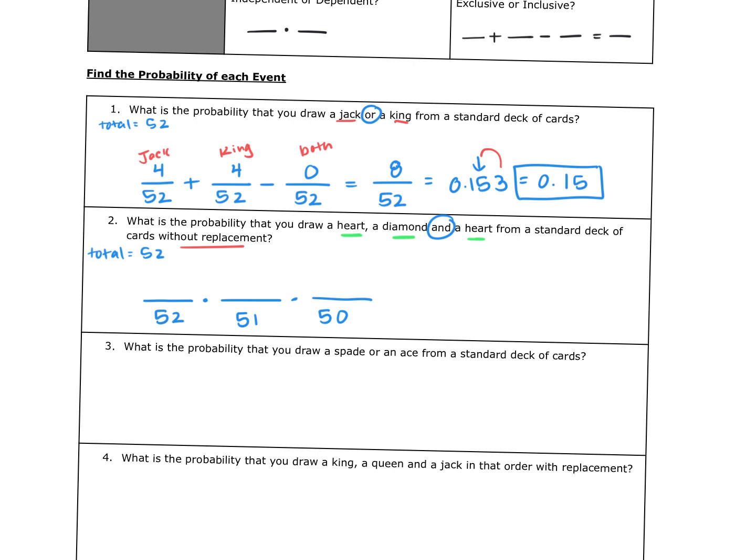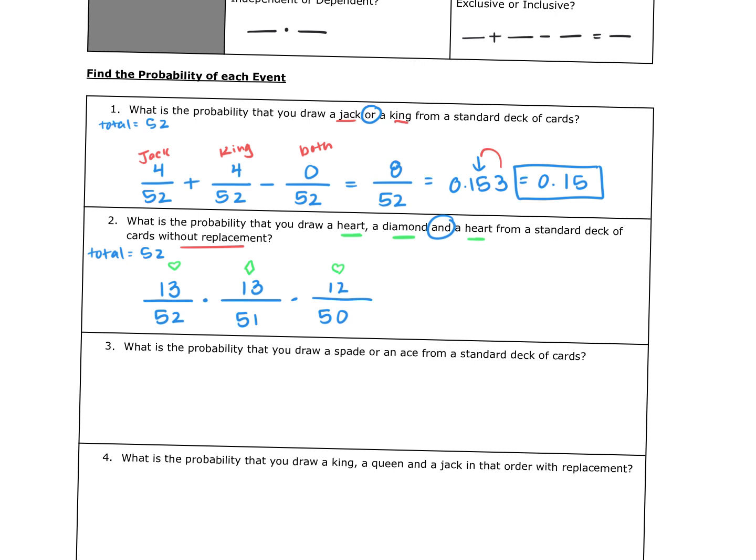And now I'm looking, this one I wanted a heart, and then I wanted a diamond, and then I wanted a heart. Okay, right away when I look at my deck of cards, there are 13 hearts, there are 13 diamonds, and now I want heart again. Because I already used heart in that first line, we took one away. The probability, you do have a probability to get one, so you have to take one away. So now there are only 12